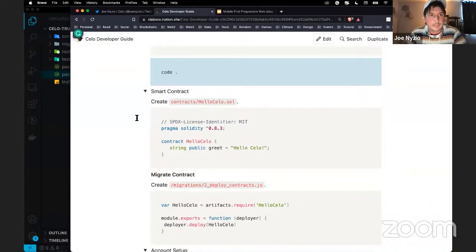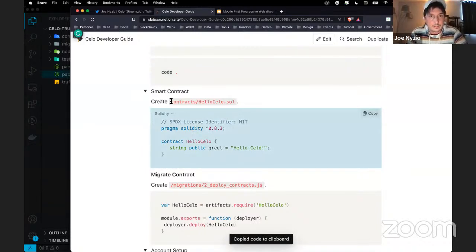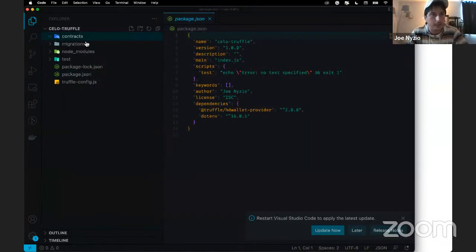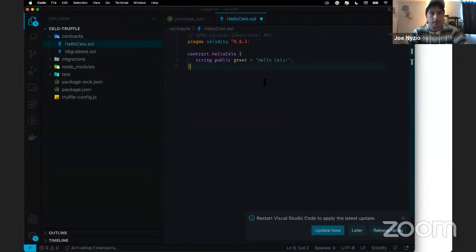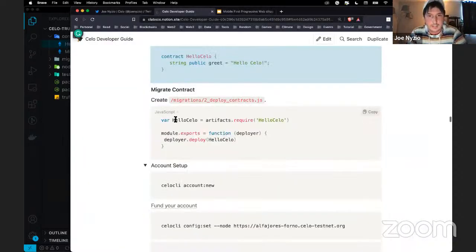And now the next steps are to actually go ahead and build your dApp. In this case, I have one called hellocelo.sol, and just make it in contracts, hellocelo.sol. And you can just paste it right in there. It's just making a string that says hello Celo.